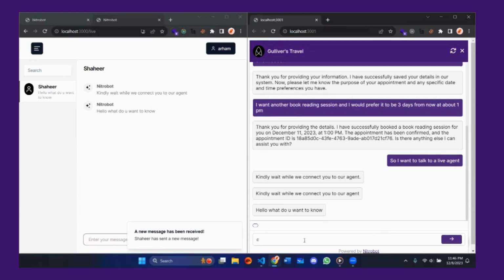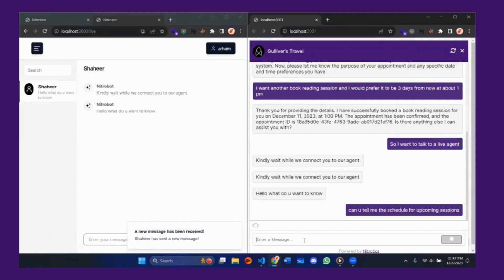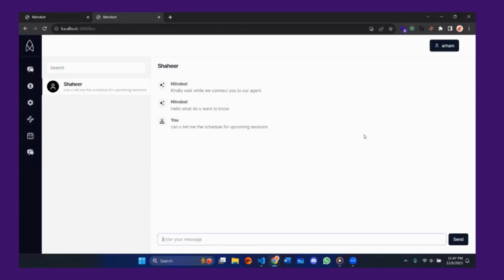Okay. Can you tell me the schedule for upcoming sessions? Okay. You can answer accordingly here. So these are the current functionalities that we have developed yet. There are multiple functionalities that are currently in progress where we are integrating the